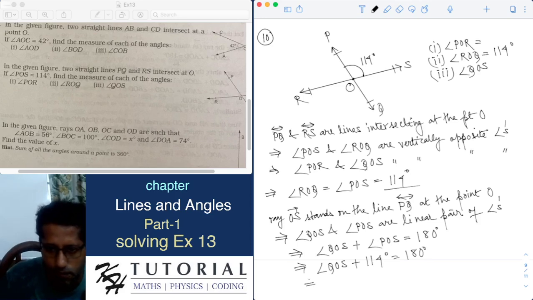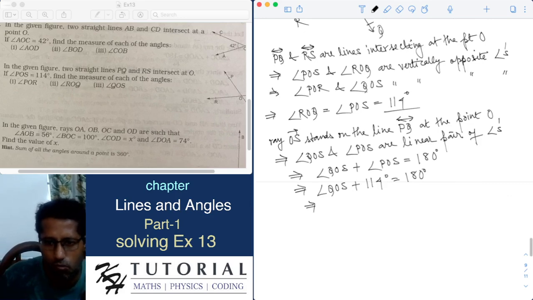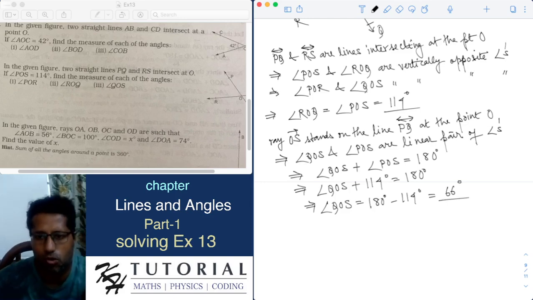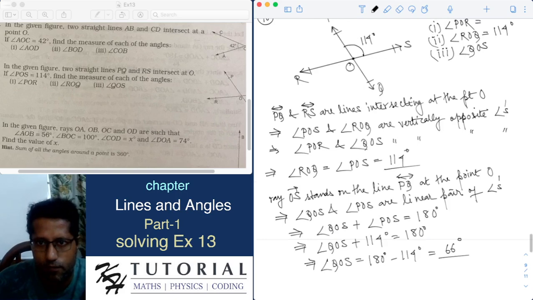So this implies angle QOS is equal to 180 degrees minus 114 degrees. This is equal to 66 degrees. Angle QOS is equal to 66 degrees, and we also know that